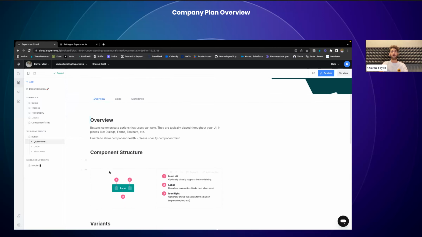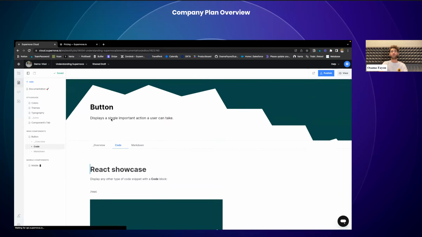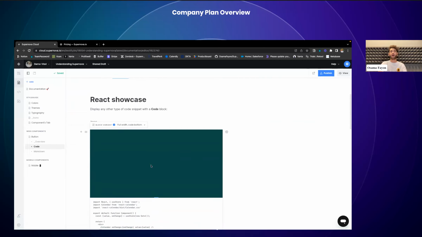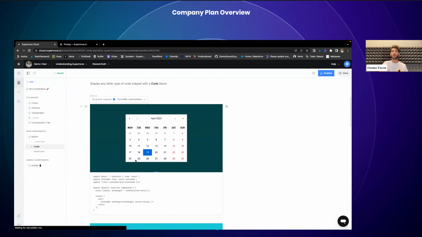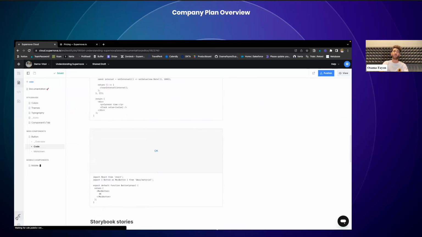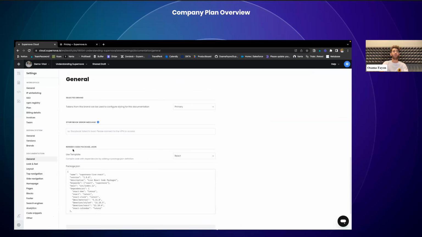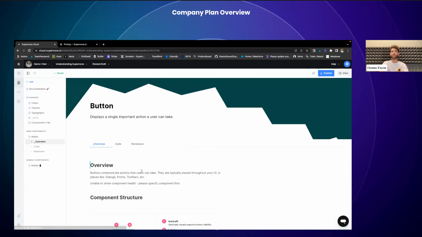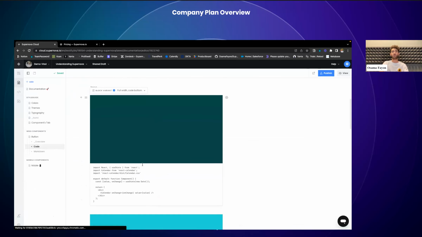Now when it comes to components, we support more stuff. So apart from the ones that are being imported from our Figma file, you can build your components using our React sandbox. It's pretty simple. And here, all we have to do is, first of all, define your dependencies in here and our render code package JSON. At the moment, we support React only. So just point your dependencies in here, and then you can start building your React component in there. I'm going to show you how it's going to look like in a bit once it's published, of course,